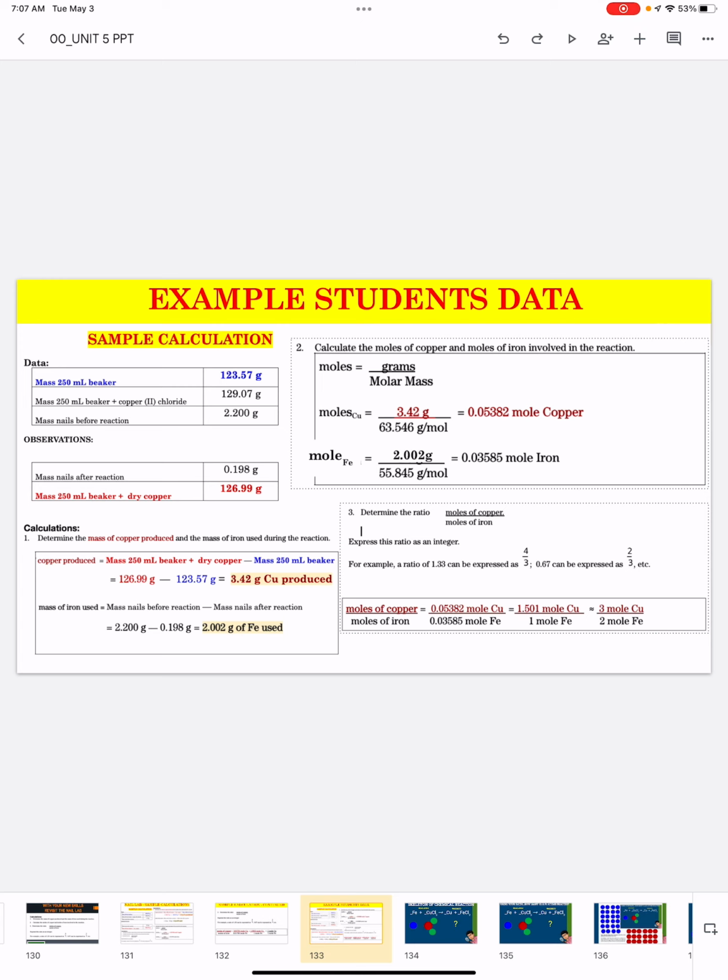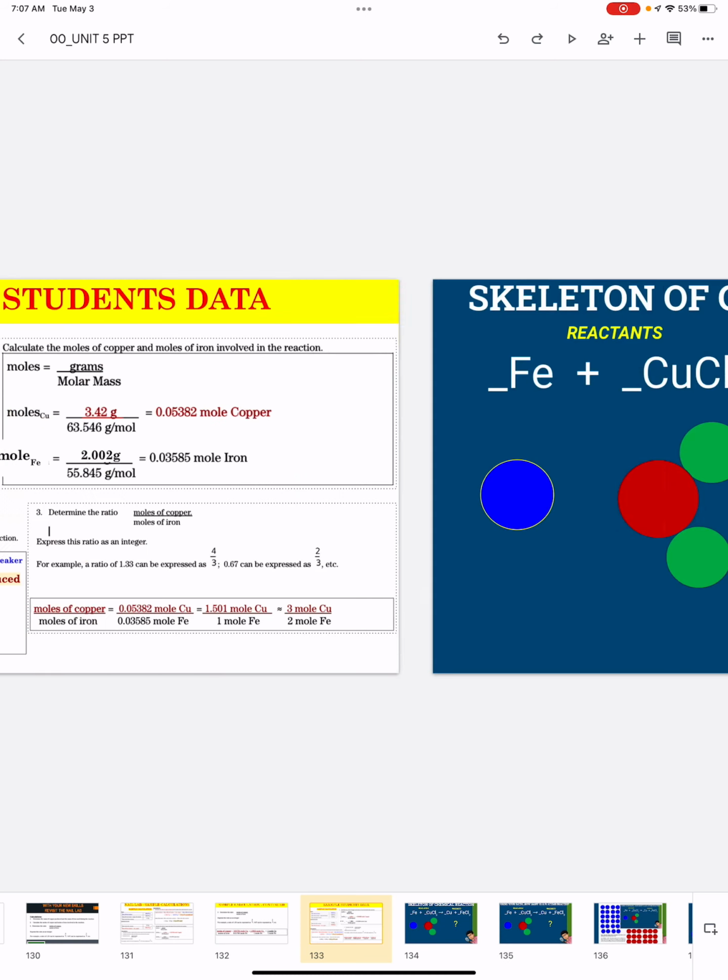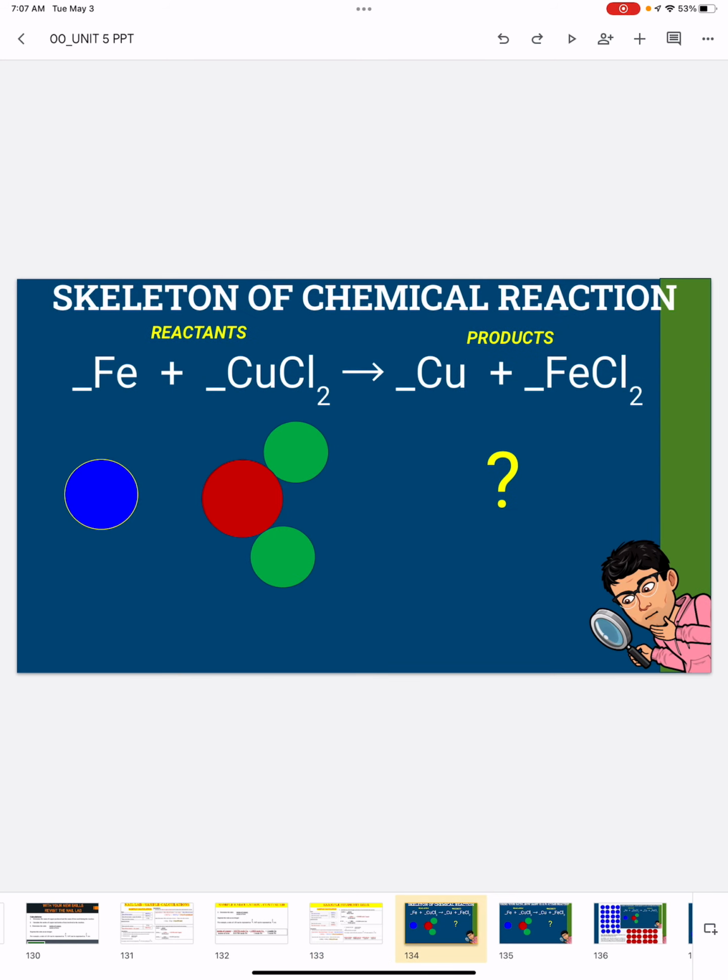And that fraction tells you how many moles of copper atoms reacted for however many moles of iron atoms reacted. So I'm going to use this student's 3:2 ratio. They're saying that for every 3 moles of copper atoms, there are 2 moles of iron atoms that react. So now we're going to be looking at the skeleton of the chemical reaction. We know that iron and copper chloride, which I have as blue and red and green circles on the reactant's